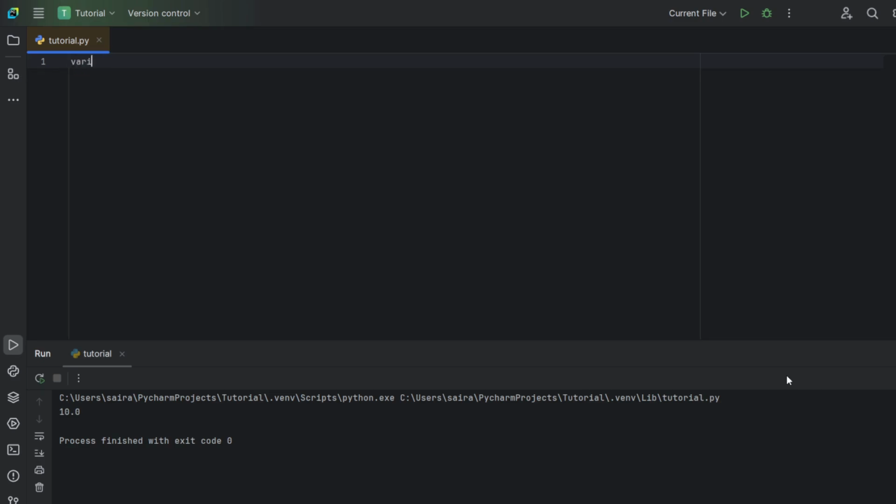Let's take a name variable and let's equate it, give it an equal to sign, and give it a value. Let's take 1. So what does every single Python variable have? A name and a value. So let's say I want to print this variable. So rather than just printing 1, I can just print this, print variable. And we have 1. So we can see the variable is storing 1.